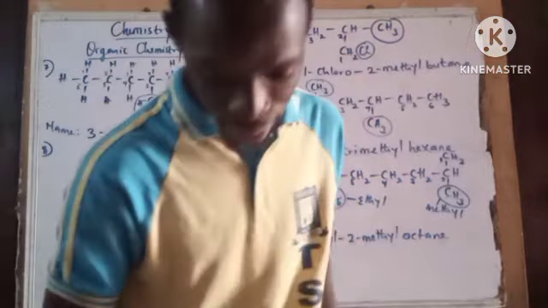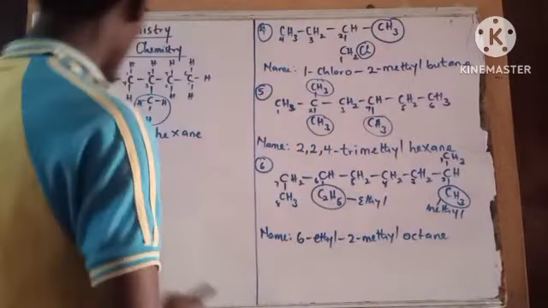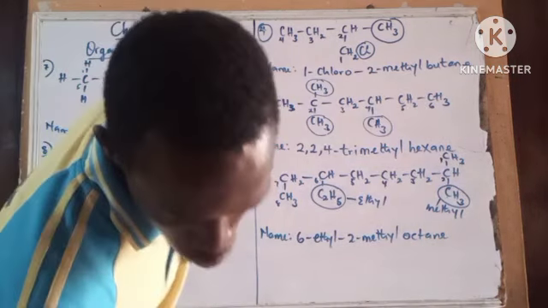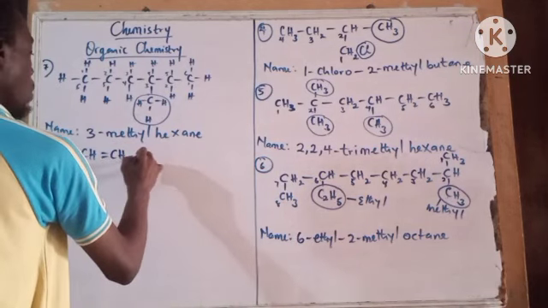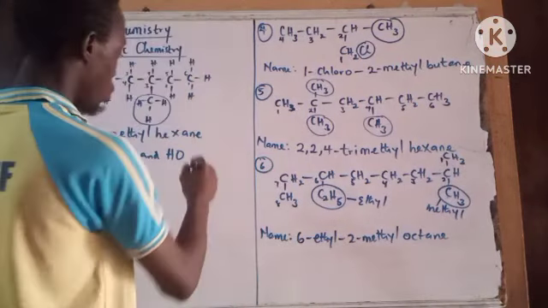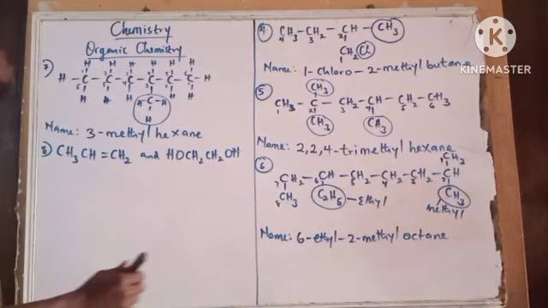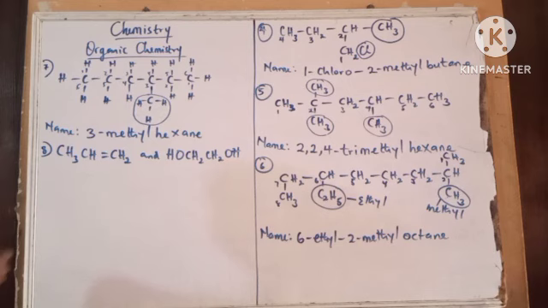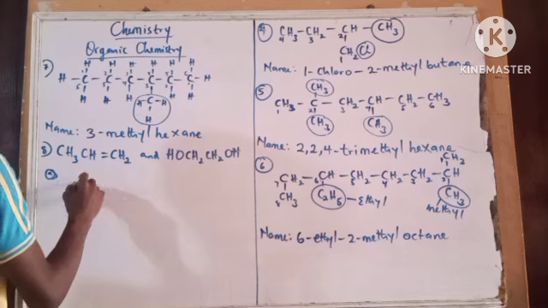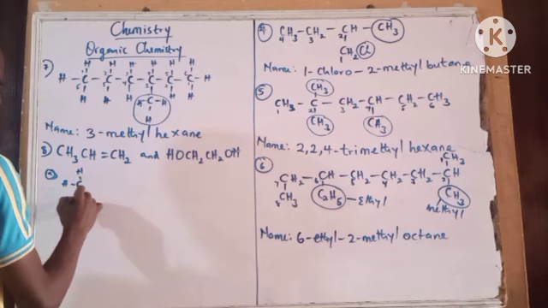Question 8. Now in question 8, we are given 2 compounds and we are asked to look for their IUPAC names. We are given CH3, CH double bond, CH2, and we are given HO, CH2, and CH2OH. So we are asked to get this compound. Now let's start from the first one. So we have CH3. So I'm going to write it out this way. I'm going to draw out the structure. CH3, then